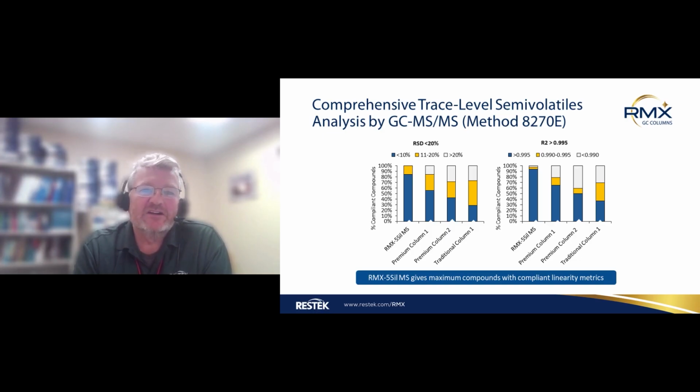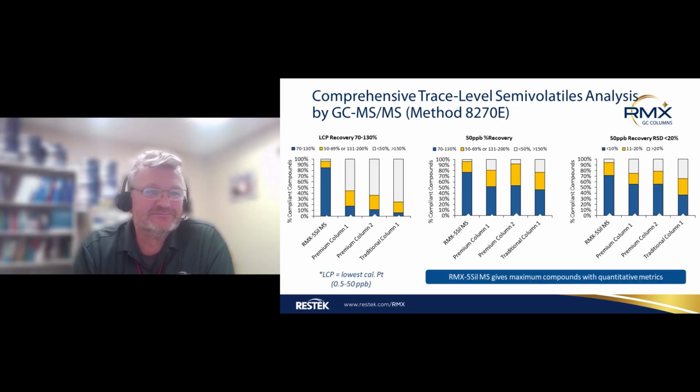So if we look at our percent RSD for a calibration curve, in this graph, you can tell that we are below 10%. So the below 10% is better than 80% of the compounds. And so this is a really good graphical representation of how solid this column is for very low levels. The correlation coefficient is even more indicative of the performance of this column with the calibration curve, because we're better than 90% for 0.995 correlation coefficient.